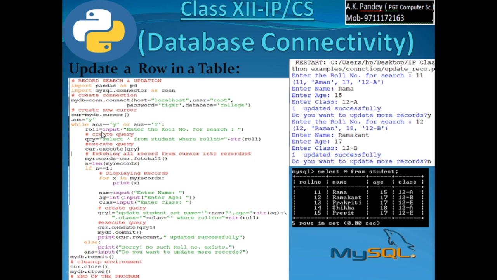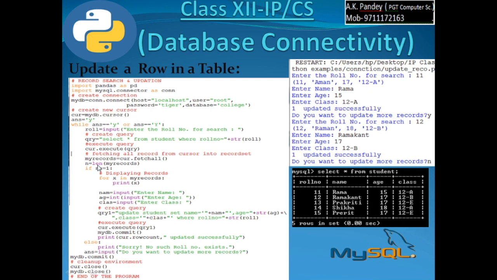So you input the roll number, and using this roll number you are creating a select query, select star from student where roll number is equal to the entered roll number. Then that query is executed and all records are fetched into the result set, and the length of the result set is found. Here I am taking another procedure.